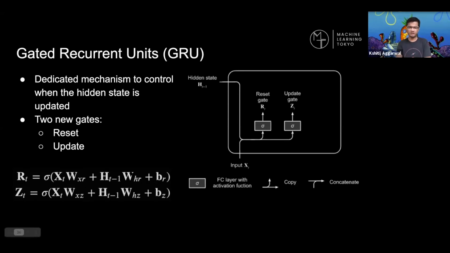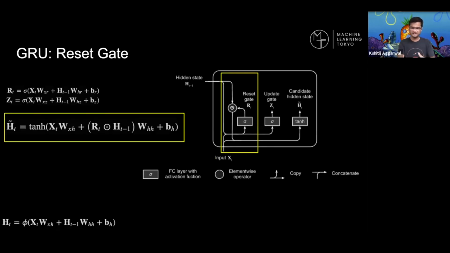The functional form of this, how it's calculated, is very similar to how we were calculating our hidden layer. You just have the input and the hidden state at the previous time step multiplied by some weights and going through an activation, and you get the reset gate and update gate. The only difference is we are using the sigmoid activation. So the values in r_t and z_t would be either zeros or ones. Again, r_t and z_t are vectors, and they would have just zeros and ones in them. But the idea is exactly the same. The equation is exactly the same in which r_t and z_t values are computed. After this is done, we